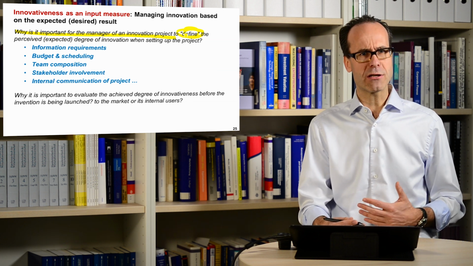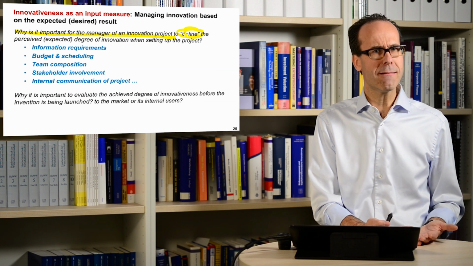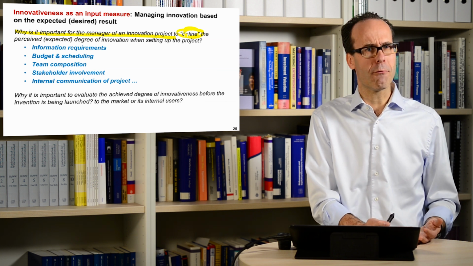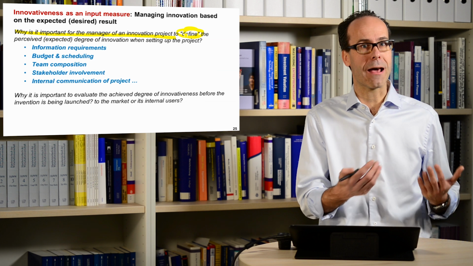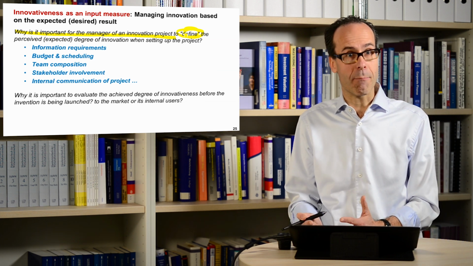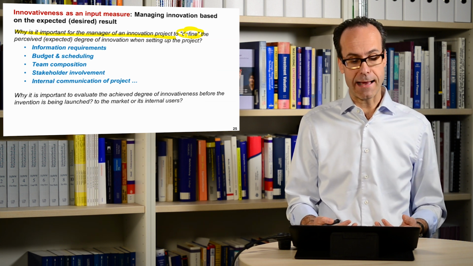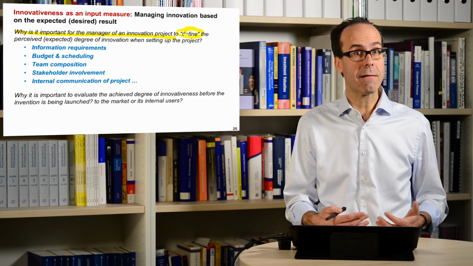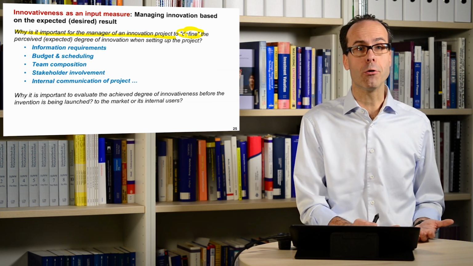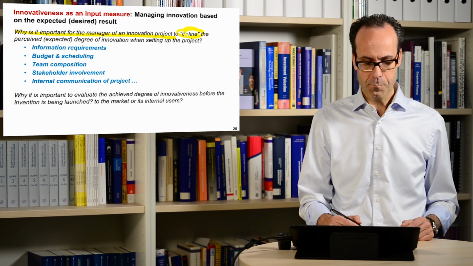How much involvement of stakeholders do we need? In just an incremental innovation, we probably don't have to involve too many stakeholders as the product or process is known. While if we want to come up with something radical, we have to think at a very early time in really integrating stakeholders in this. Another reason how we internally communicate the project, how we manage the risk in it, and so on.